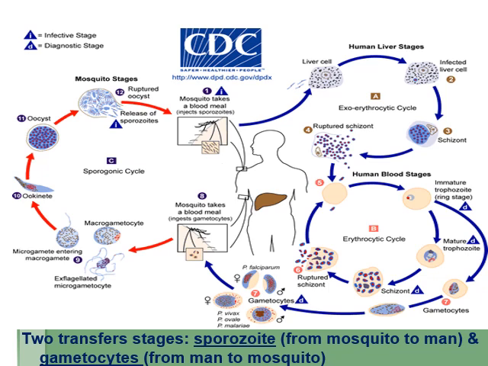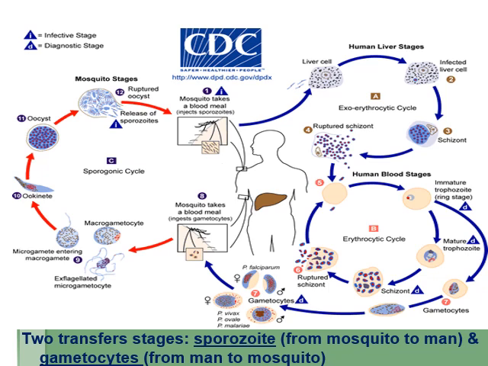When the mosquito takes a blood meal from the affected person, it takes the macro and micro gametocytes. These go to the gut of the mosquito and develop to macro and micro gametes, which unite and produce a zygote. This zygote will move from the gut to the lining epithelial cell of the gut and develop to